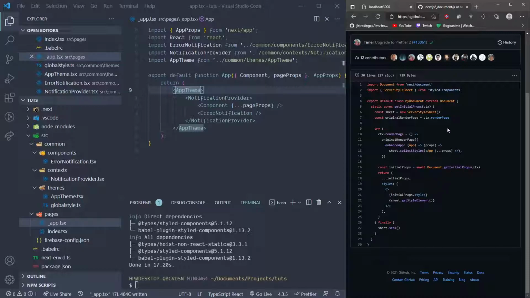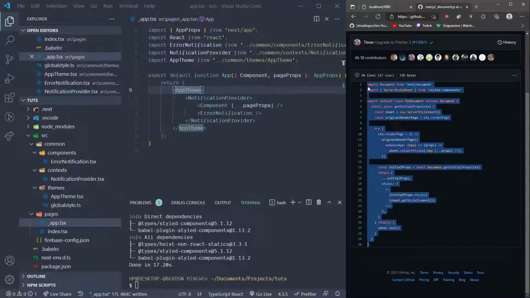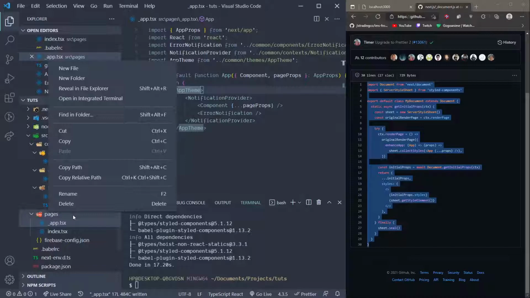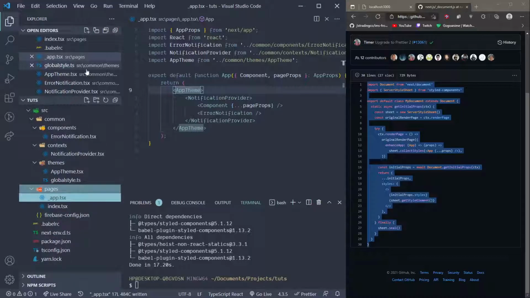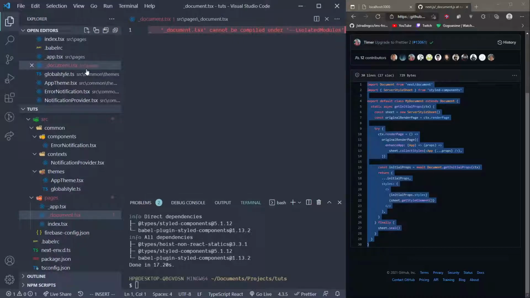You have all that in here, right? So I'm not going to bother myself much with what's going on here. I'm just going to copy everything, create a new file, and then paste that in there, right? So document, in this case it will just be a document.tsx, right? Paste everything in there and fix all the TypeScript stuff,